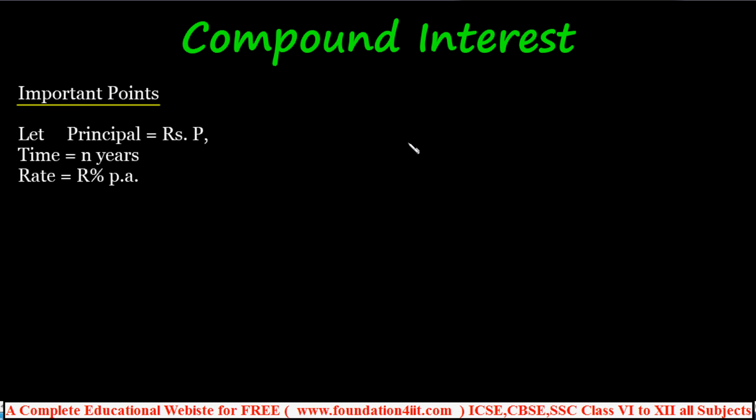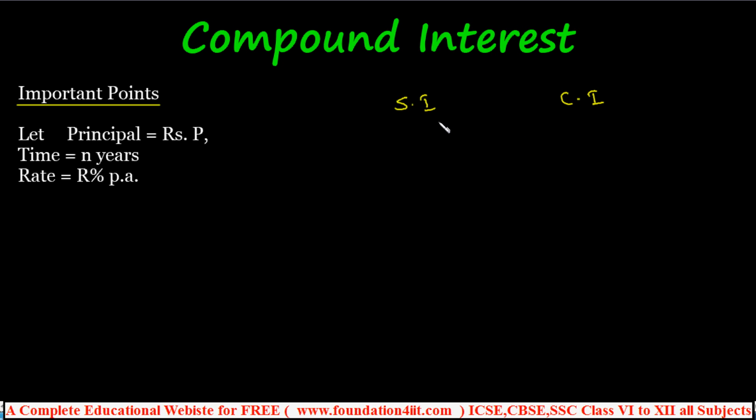Before that, we already discussed the previous chapter, simple interest. Let me first explain for around 1 minute the difference between simple interest and compound interest. If you know it already, you can skip to the next topic. So let us see the difference. Simple interest is calculated for every 1 year, but compound interest you can calculate for every year or even for 6 months, 3 months also.